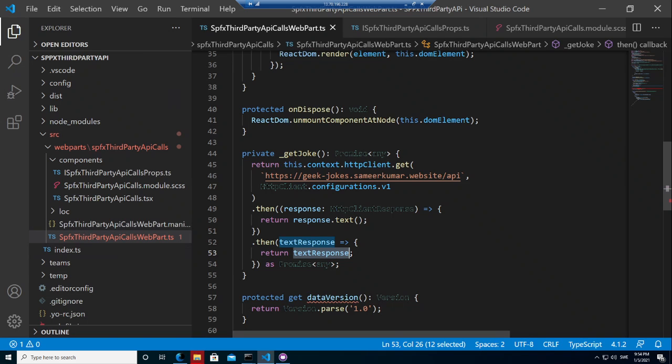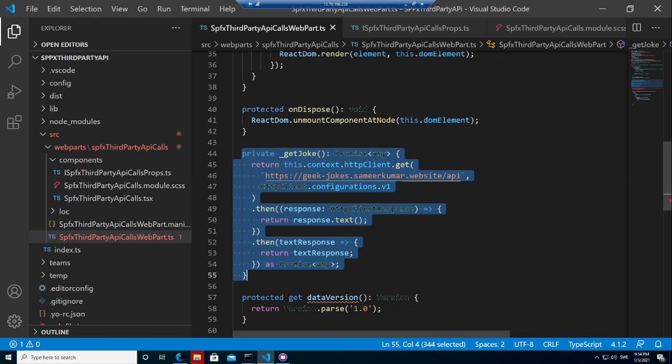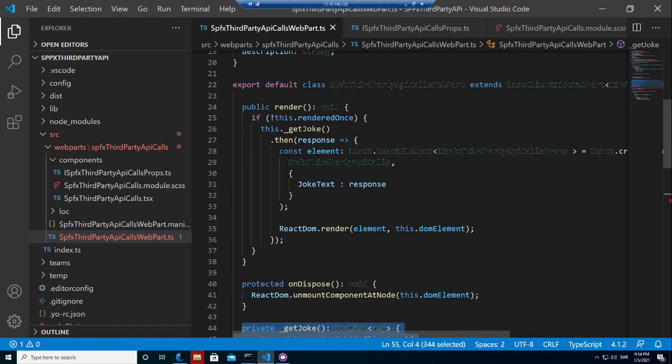So imagine here the response is coming in text, but it can be a JSON which you can process and display complex information on your web part. But the main thing we need to understand here is that we have to write a method which gets the response from the API, and then we have to process it. Then we have to replace the default render method which we have,